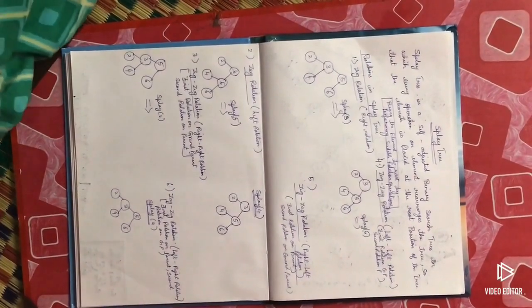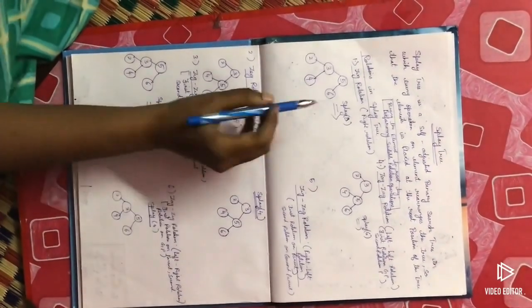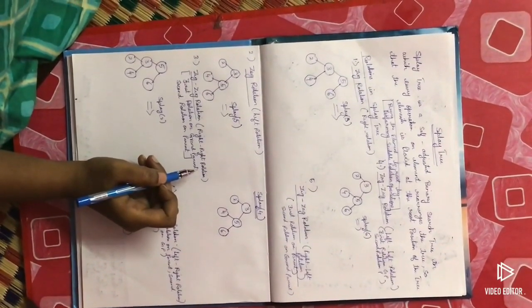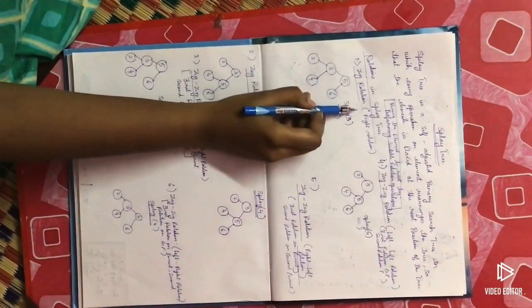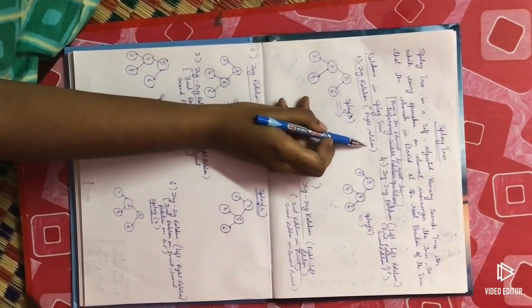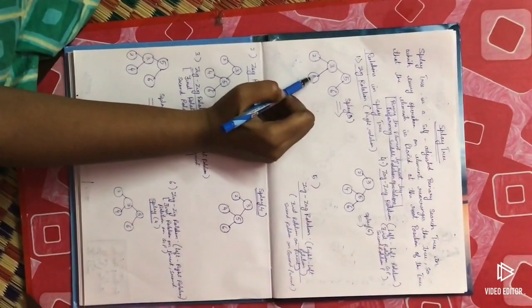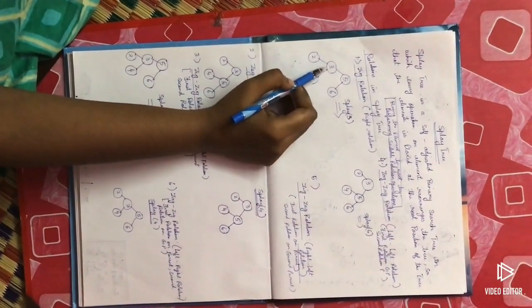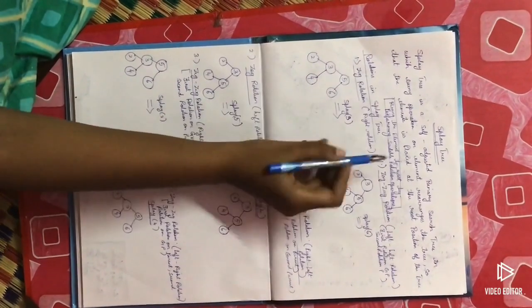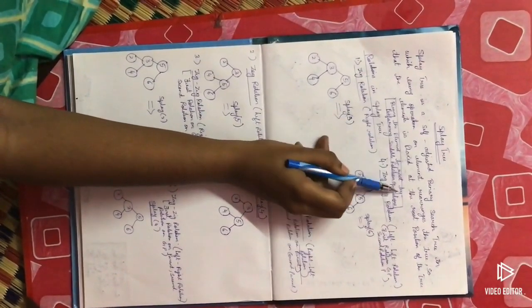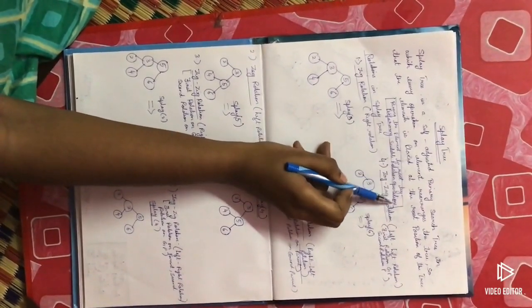There are several types of rotations. Six types of rotations are available in a splay tree. The first rotation is zig rotation. Zig means right rotation. Here I am going to splay the element 3. Splay means we are going to make it the root element. That is the definition also given: bring the element to the root by performing suitable rotation operations.